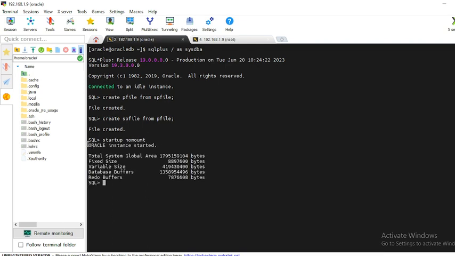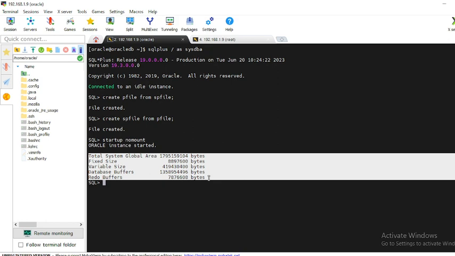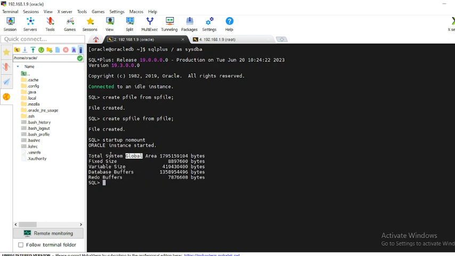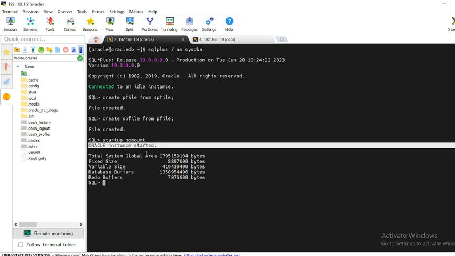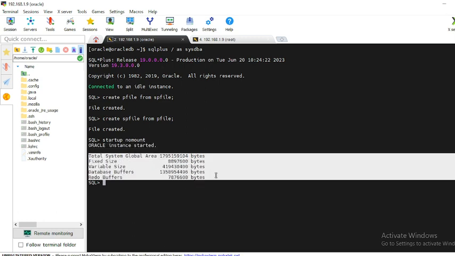Here you can see the Oracle instance is started, and it gives the size to all the areas, like, as you can see, the System Global Area, that is SGA, redo buffer, database buffer. So your Oracle instance is started, and it gives the size to all the specified areas, and your background processes are started in the background.